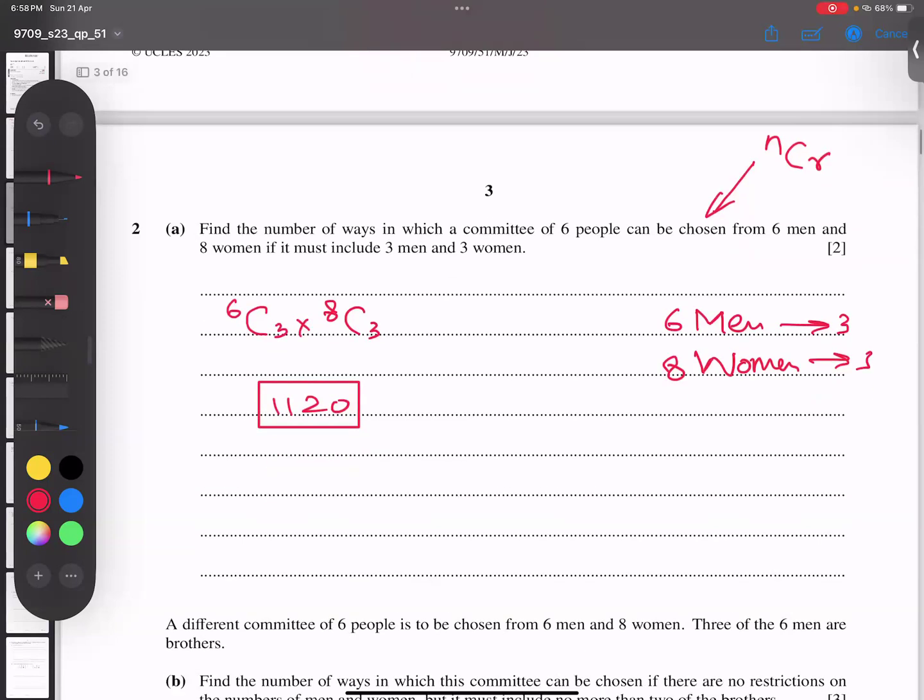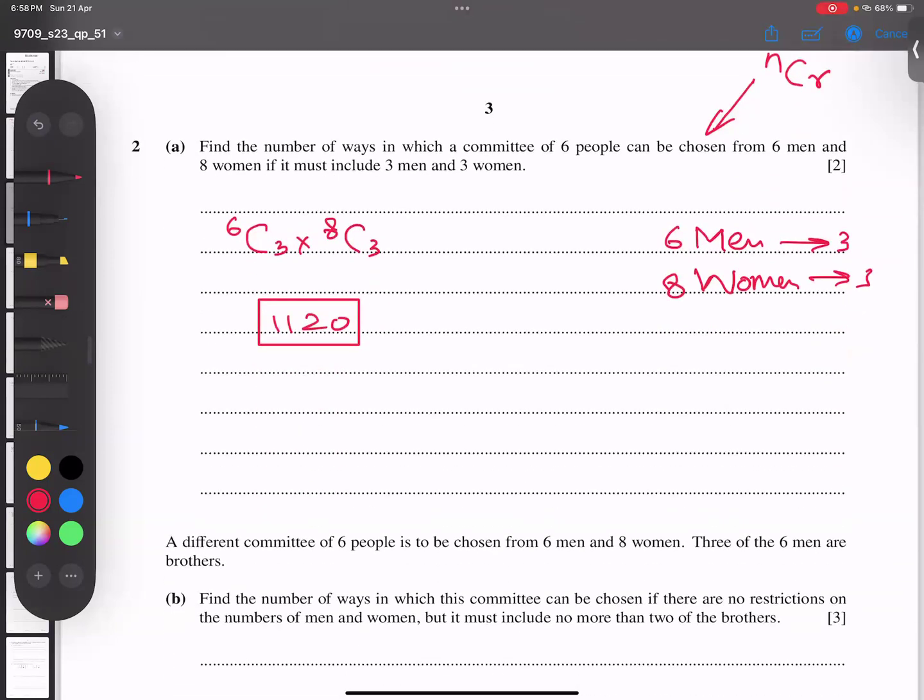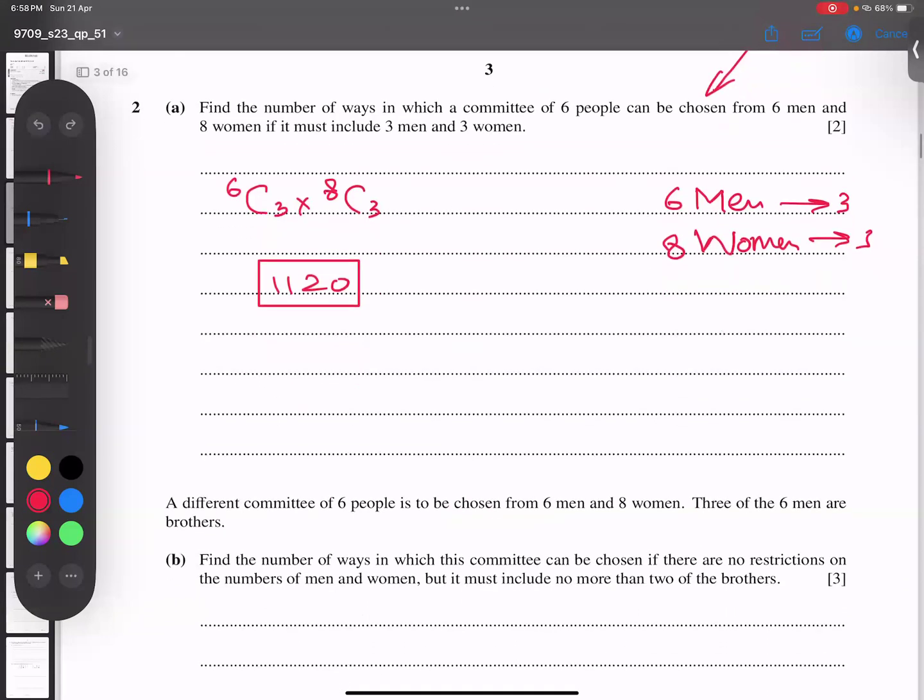I think this part is clear. Let's go to the next part. A different committee of 6 people is to be chosen from 6 men and 8 women. 3 of the 6 men are brothers. Okay, I'll write the same data, copy it